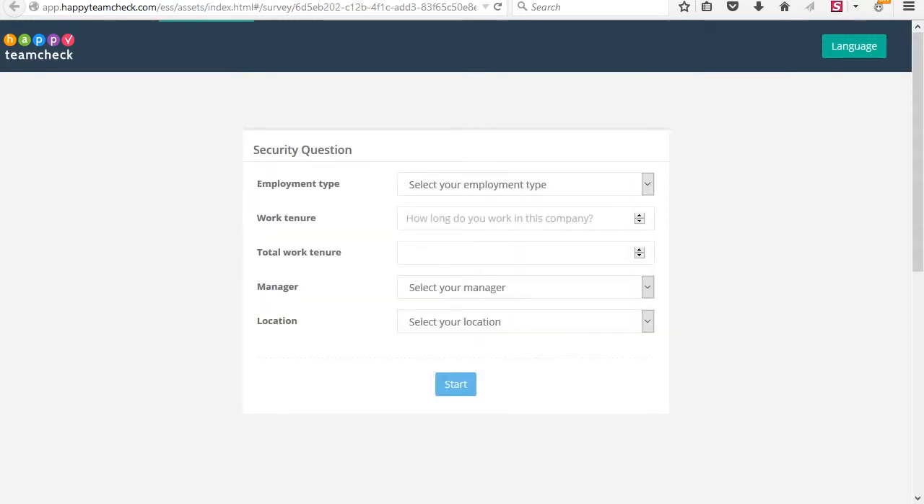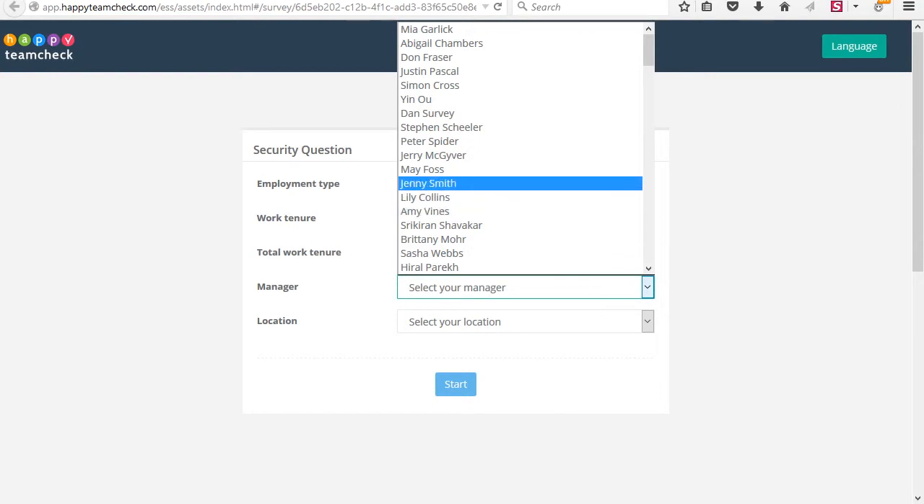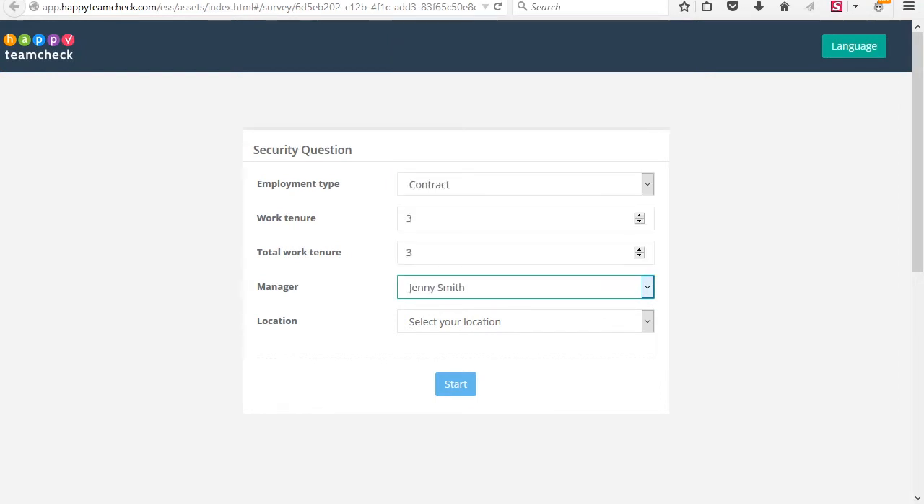Following the welcome screen is a security screen. We secure our surveys using security questions in order to limit access only to people who can answer these questions correctly. As you can see in the case of Rocket Boots, these questions include employment type, work tenure, manager, and location. Those who are supposed to answer the survey should know what the answers are to the security questions, because